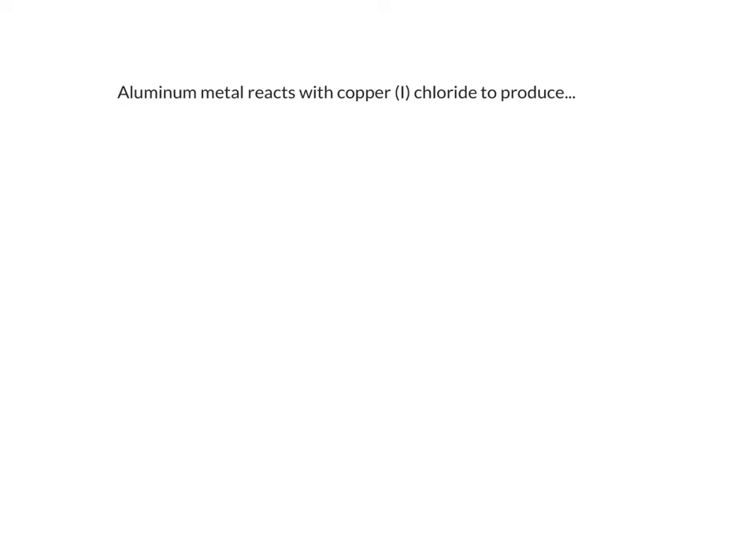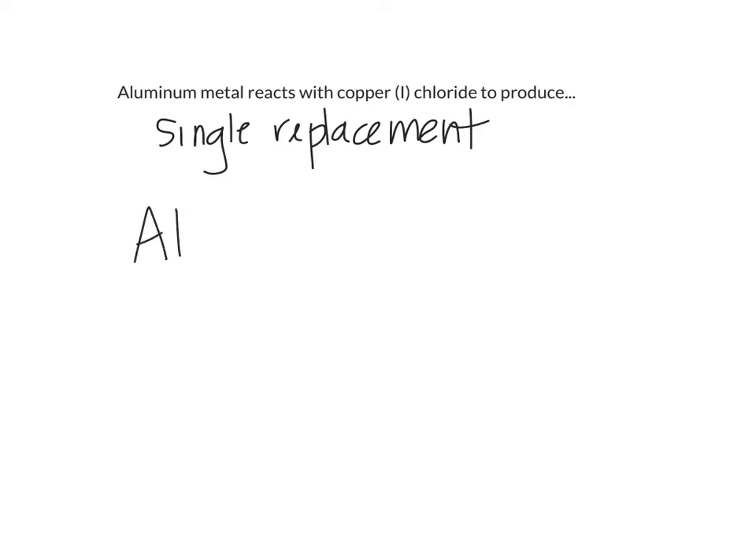In this video, we will be practicing mole ratios and chemical reactions. We start off with a reaction where aluminum metal reacts with copper 1 chloride. If aluminum metal and copper 1 chloride are reacting, that is a single replacement reaction. In a single replacement reaction, you are going to have a cation replace a cation, or an anion replace an